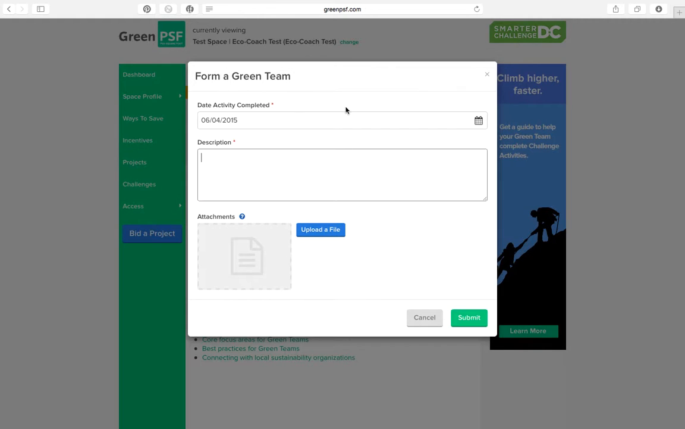So, for example, if you've had your first green team meeting, we'd love to see maybe a list of your meeting agenda or the minutes from your meeting. So I'll go ahead and type in a quick description here. This is much shorter than what we'd like you to submit, but just for example's sake, and then I'll click